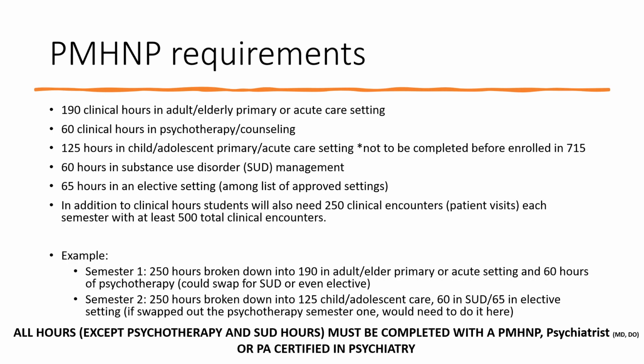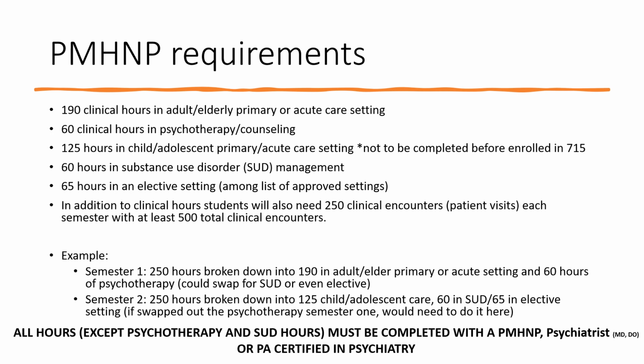So, real quickly, some PMHNP requirements for clinical. During your first semester, as you see in this example here, you'll be doing 250 hours, and you can break that down into 190 hours in elderly or adult population, or 60 hours in psychotherapy, or you could choose to do 60 hours in substance use disorder. Whatever that is, you would need to get at least 250 hours, as well as 250 encounters during this time